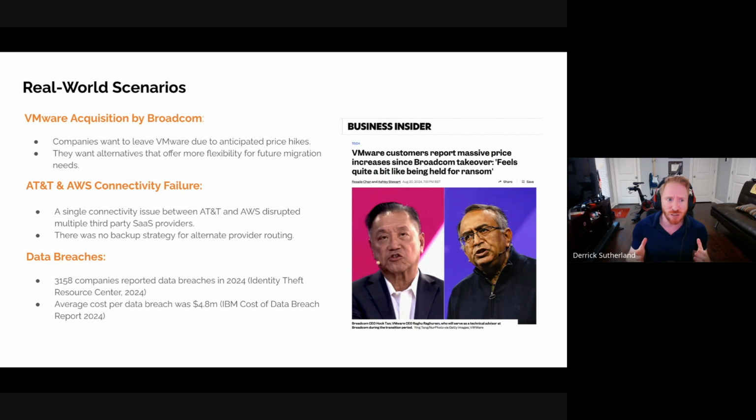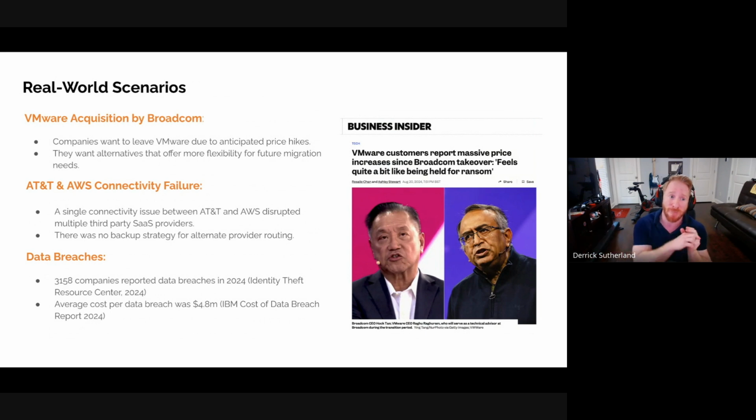So I briefly spoke about the VMware Broadcom acquisition. This has obviously been creating a lot of heat and thought around, hey, maybe we're looking for an alternative to VMware strictly from a cost rationale, but maybe we're also looking for something different, since we're trying to introduce something new into our environment that may be more efficient for some of these future